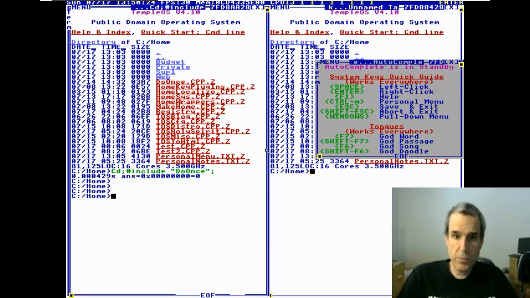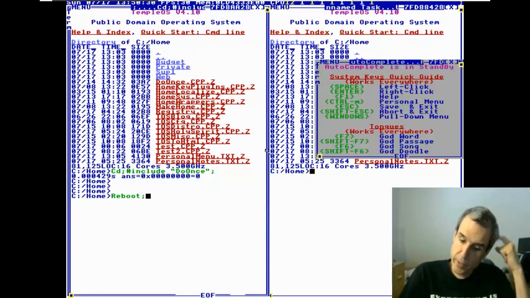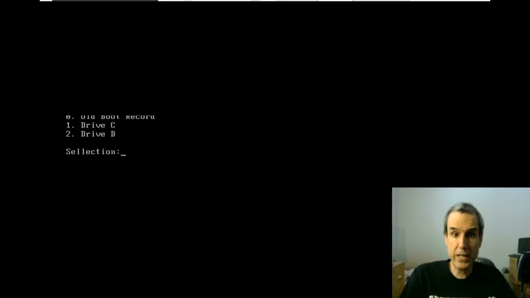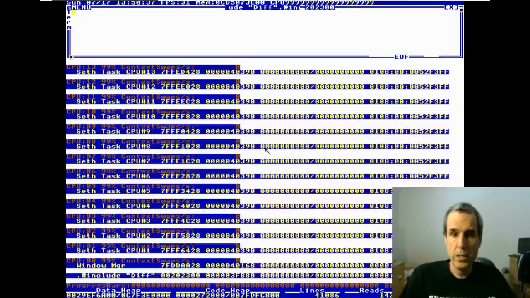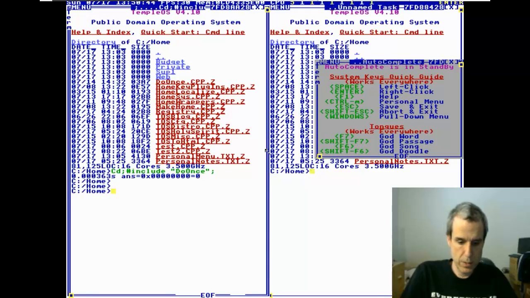Anyway, so that's real handy. But sometimes you want to do an actual hardware reboot. It goes all the way back to the boot sector, the bootloader. Now what I did is I made it so if it fails,